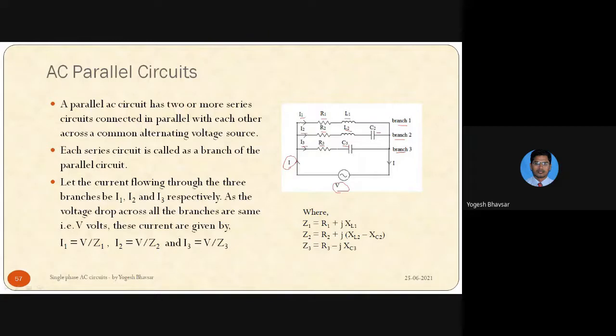This is the point where we can apply Kirchhoff's current law, right? This is the point where four branch currents are meeting. I is the incoming current, right? Then I1, I2 and I3, these three currents are outgoing. So incoming current is equal to outgoing current. So that's why I is equal to I1 plus I2 plus I3. This is the KCL equation at this particular node.